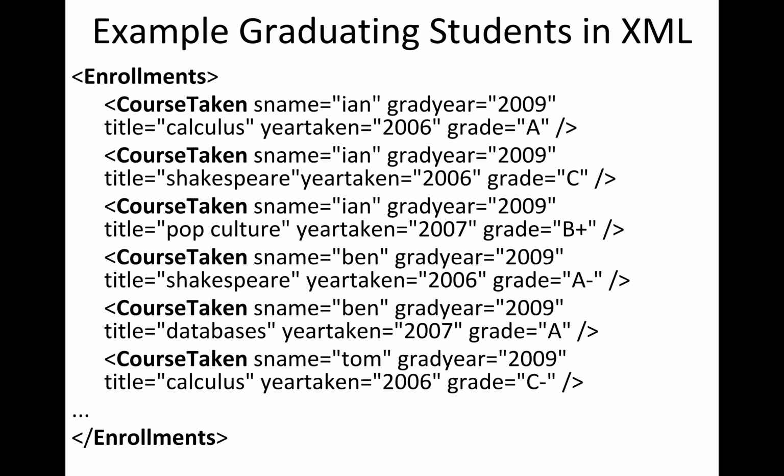We also say that the course takens, all these, are siblings to each other. They are all at the same level of the hierarchical tree. We say that the root is the enrollments, and then you have multiple branches coming off of it, where you have multiple course taken instances off of the same root. So course taken elements are all siblings to each other. They're all the same layer. They're only one level down.